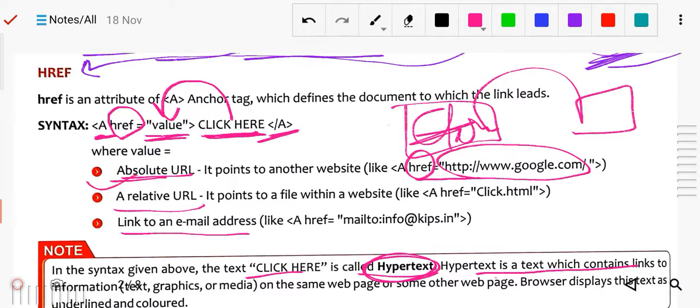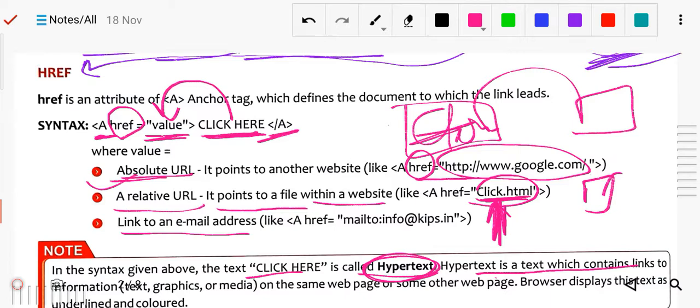Relative means it will go from one point to another, one file to another file. If you click here, one HTML page will open, because .html is the extension of an HTML file. So this points to a file within a website, and another web page will open. This is called relative.